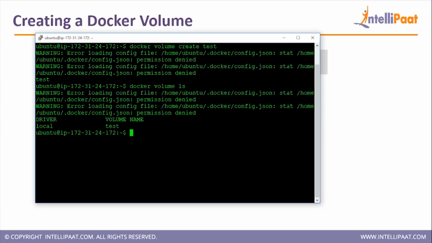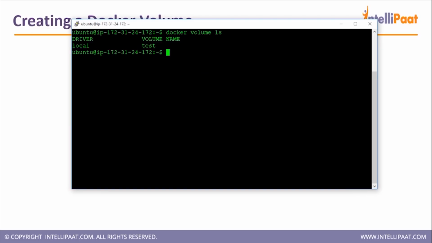I don't have to know where it is present because Docker manages the handling part of the file system itself. I don't have to worry about that. I just want to know that if there is a volume, so yes, there's a volume on my system which is called test. Awesome. Alright, so the next thing that I have to do is type this command, docker run -it